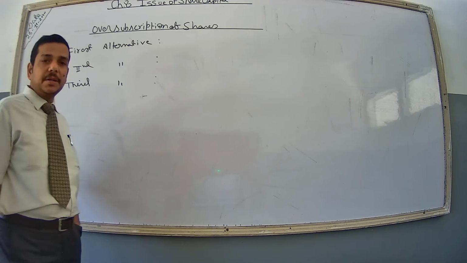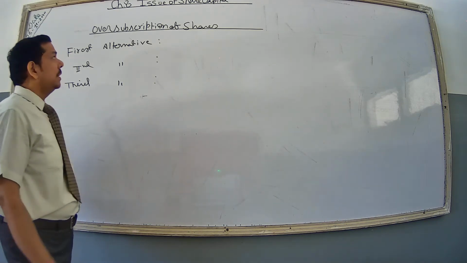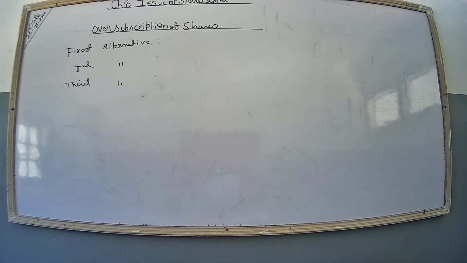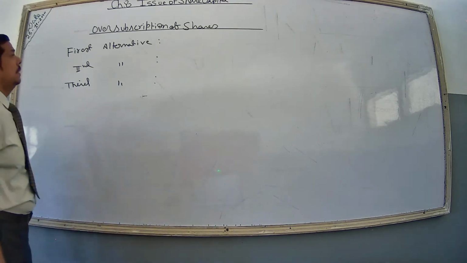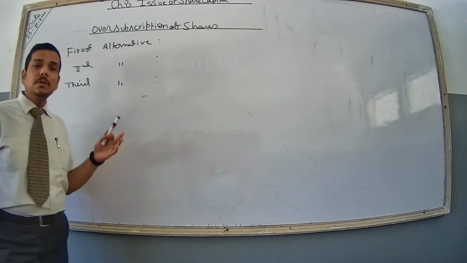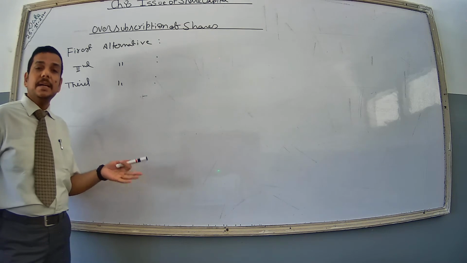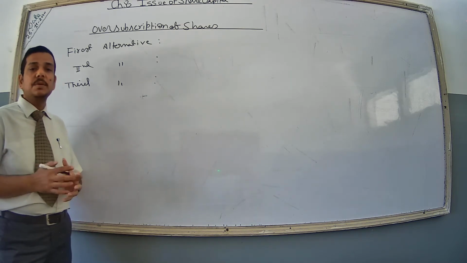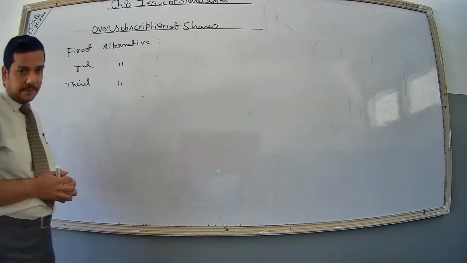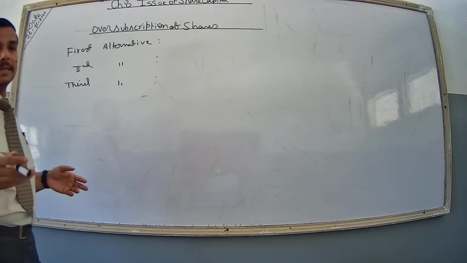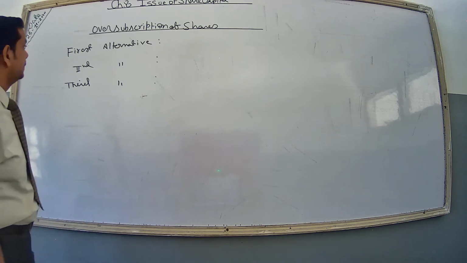We are continuing with chapter 8, issue of share capital, and today we are going to study oversubscription of shares. When you receive the excess application, at that time we have to deal with the oversubscription. Several times you would have heard from me about Reliance Energy, that they called for 10,000 crore and they got 75,000 crore. So their issue was oversubscribed by 6.5 times. So what are the techniques to be applied at the time of oversubscription of shares?